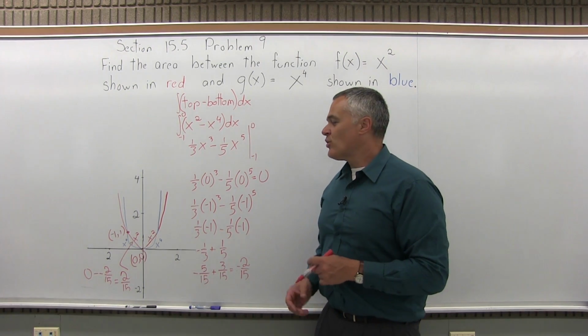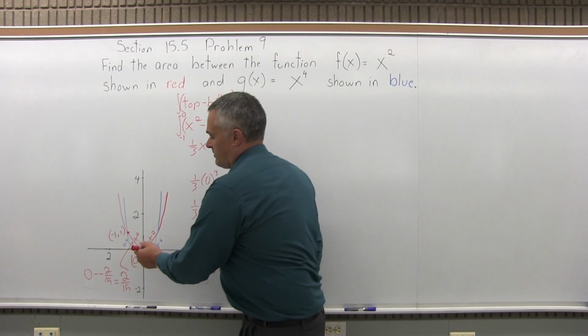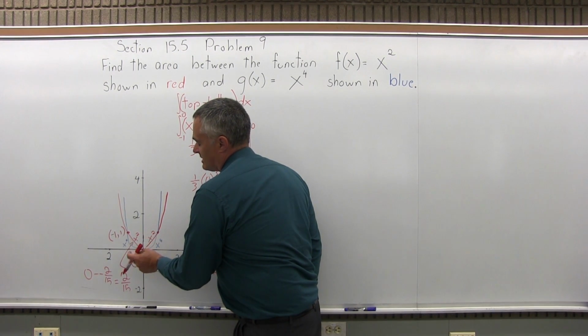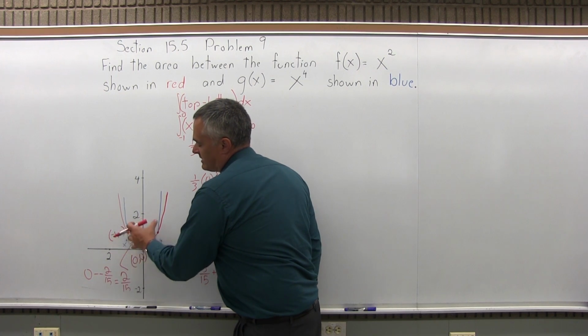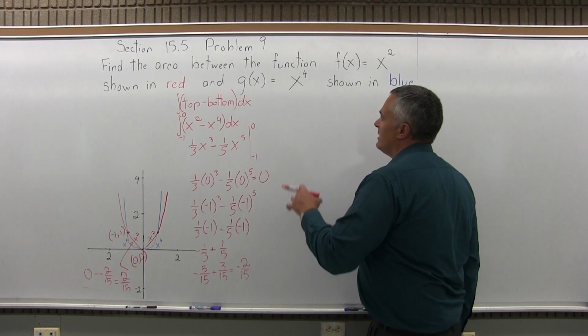Let's say you didn't know that, or you thought that was the case, but you weren't really sure. The right way to do it would be to just find the right-hand half using the same process. I know it's going to come out to 2/15 again because of the symmetry. Pretend you didn't know it, or you thought so, but you weren't sure. You're going to do